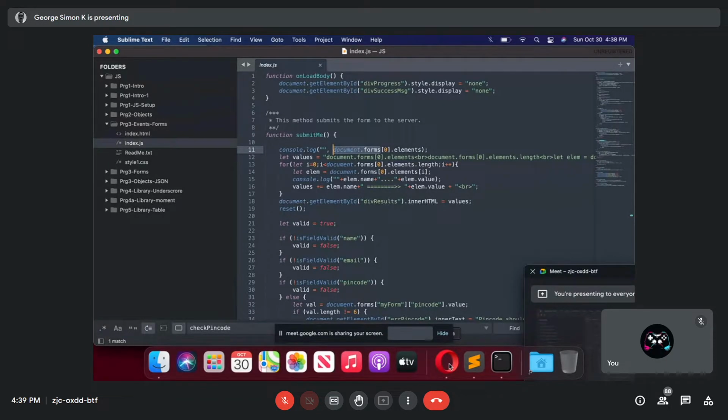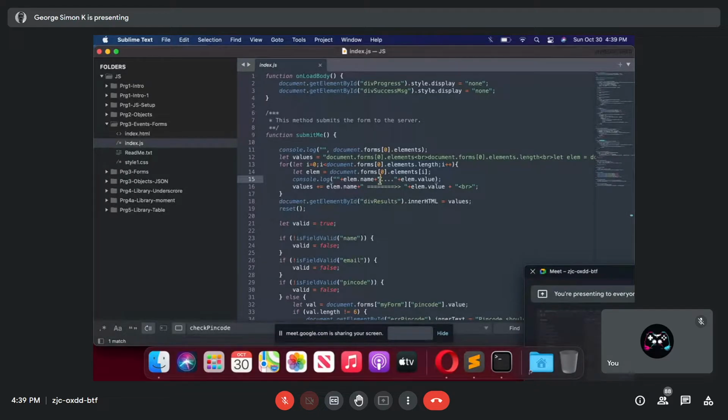Unless there is quite a lot of input. For example, a student is joining a college, so we have to fill a form. The first form may be the student's personal details, the second form may be the parents' details. Like that, we can have multiple forms also. That's possible. So forms will be returned in the order in which they were added. That means the first form will be at the 0th location.